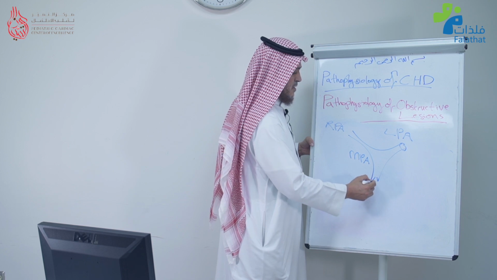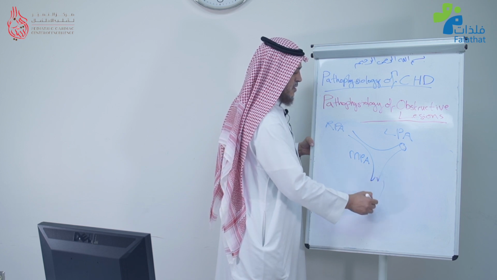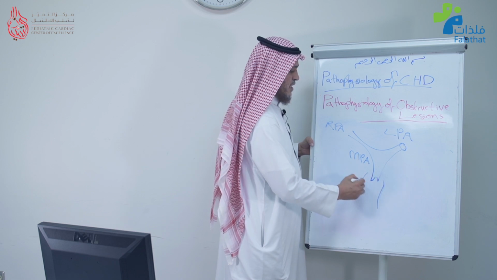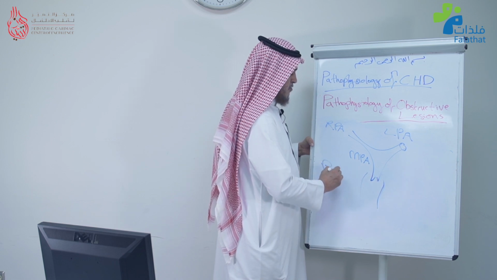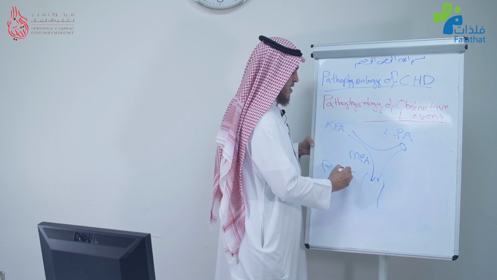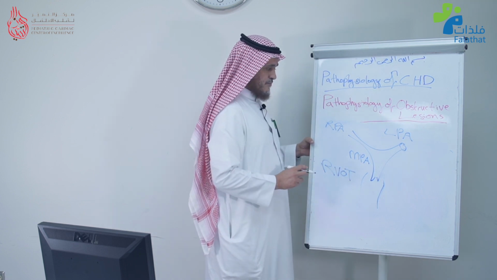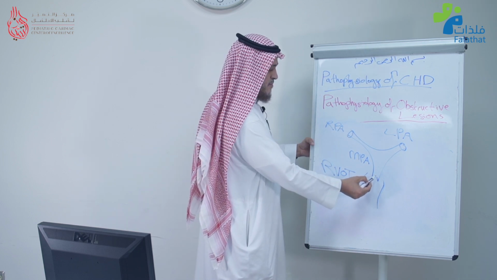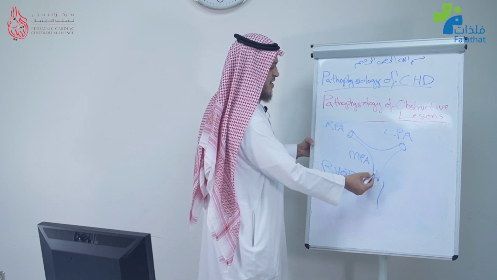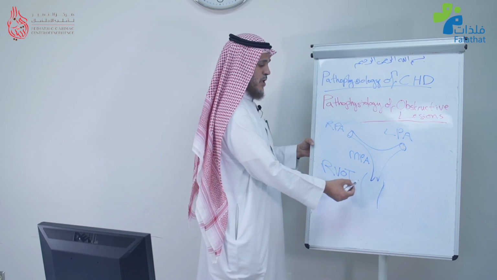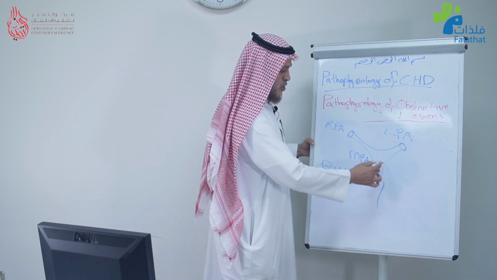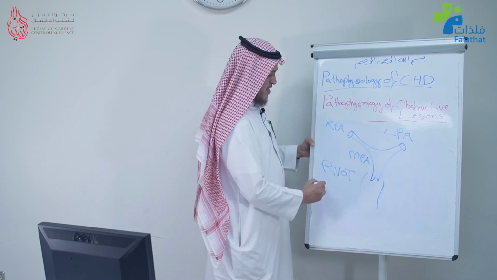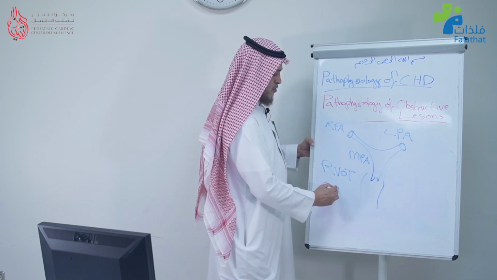And this is the subvalve area, what we call the right ventricular outflow tract, RVOT. So stenosis can happen in the pulmonary valve, just above the pulmonary valve, or just below the pulmonary valve. All of them constitute what we call right ventricular outflow tract